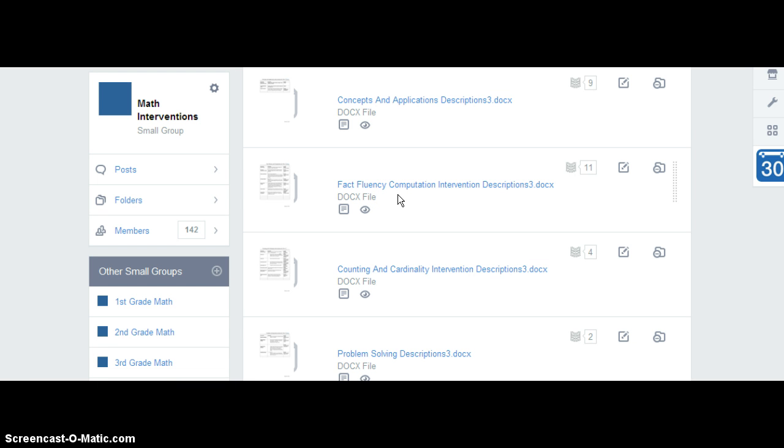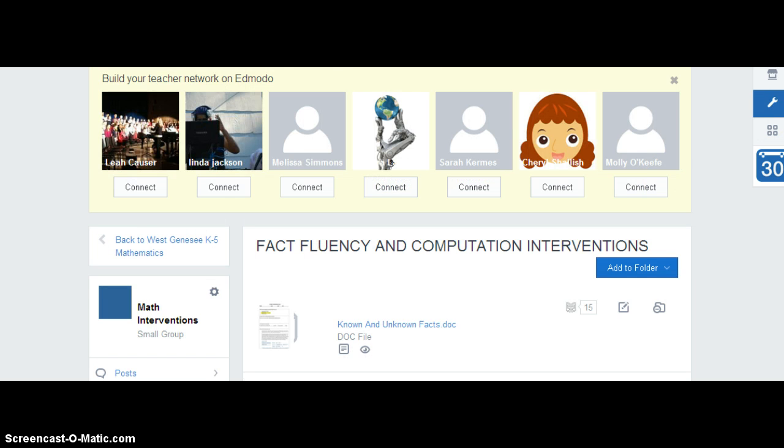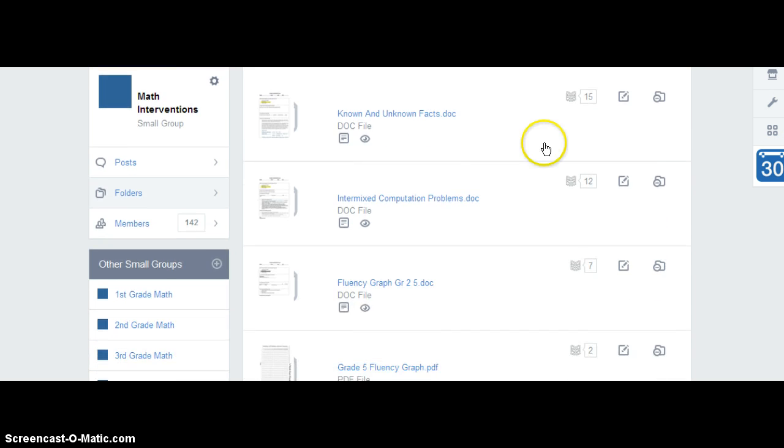So once you decide which intervention you would like to look at entirely, click on, so if I'm looking for something in fact fluency and computation, and I decide, for example, that I like the intervention called known and unknown, I'm going to go back into my folders now, and I'm going to go to those actual interventions. These are just descriptions. This one right here, so I would click on this fact fluency intervention, and then if I choose that the known and unknown facts is the intervention that I would like to look at in